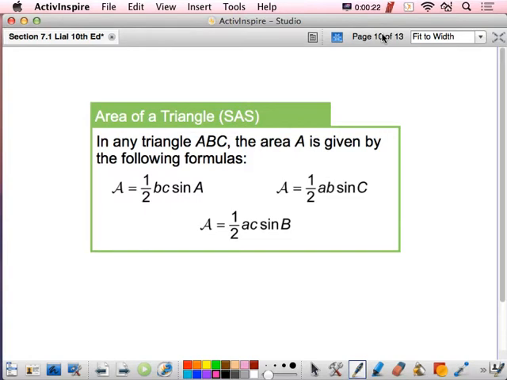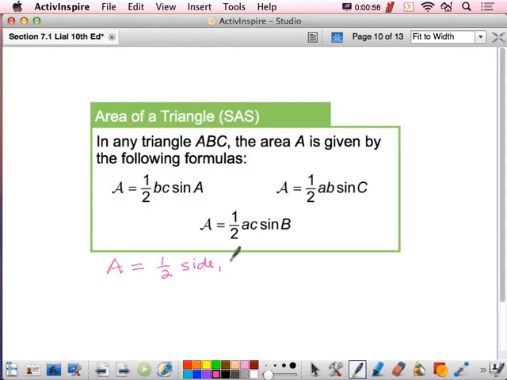Well, now we have formulas that will give you the area of any triangle, even if you don't know the height. What this formula says is that the area of any triangle is always 1/2, 2 of the sides multiplied together, times the sine of the angle in between those sides. So I'm going to write that in words so that you don't have to memorize all 3 of these. The area of any triangle equals 1/2